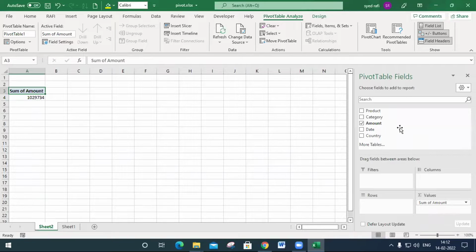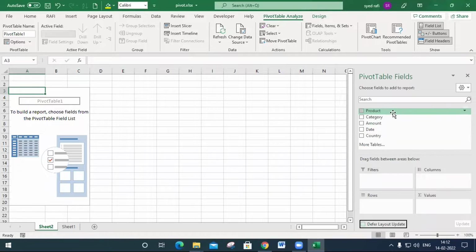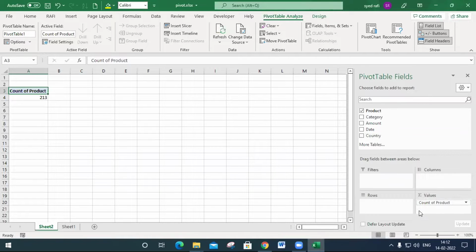If you drag a non-numeric field, meaning it contains text, it is automatically taken as a count of. So if any numeric field is dragged here, the sum of will be displayed; if any non-numeric field, the calculation will be a count of. Keep that in mind.